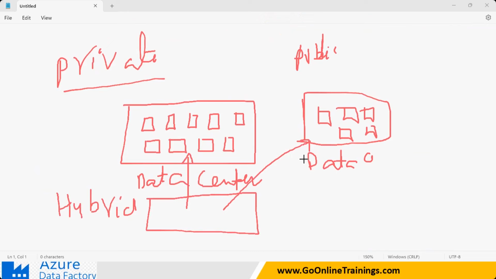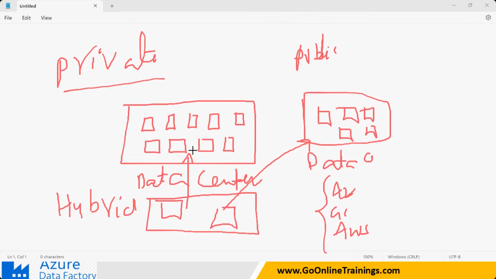For example, I have data that is not very important, so I can go for the public. Public cloud means you can go to Azure, Google Cloud, or AWS. So you can keep some of the data in the public cloud, and some of the data in the private cloud, because nobody should access that data. This is what is called a hybrid.